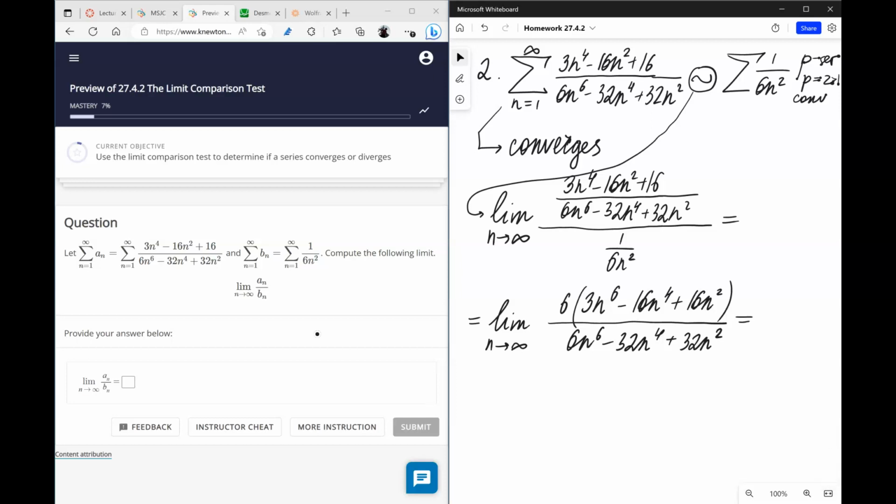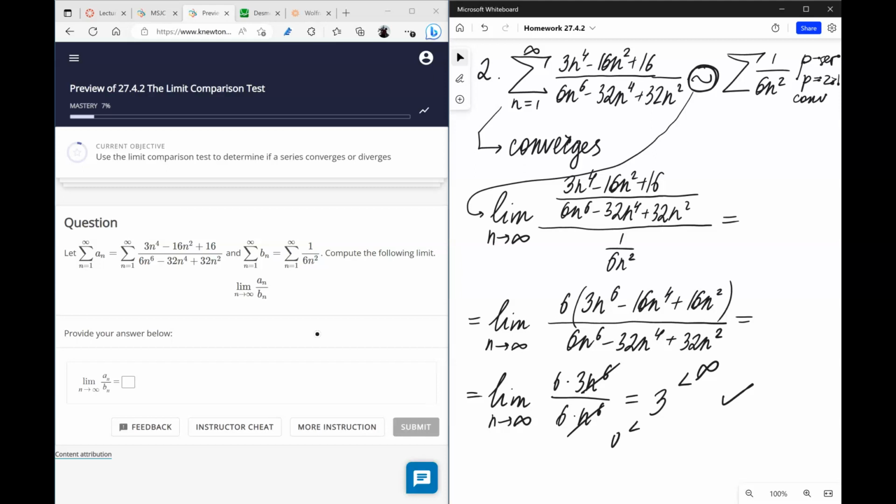The polynomials at infinity behave just like their leading terms, so this whole limit will be equal to the limit of 6 times 3n to the 6 divided by 6 times n to the power 6. As n goes to infinity, everything cancels. The answer is 3. 3 is less than infinity and greater than 0, and therefore we established this